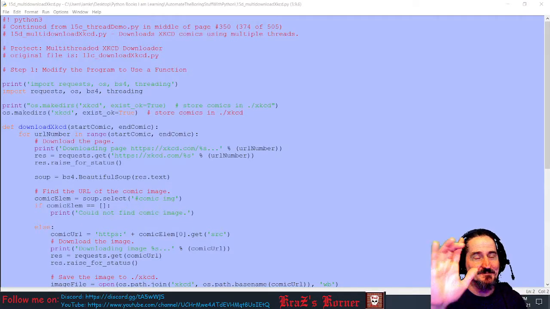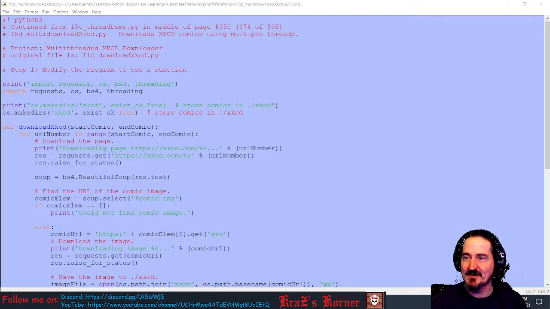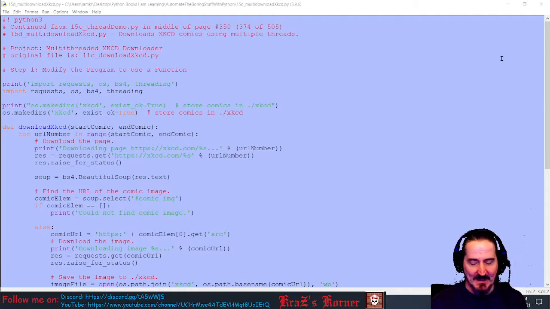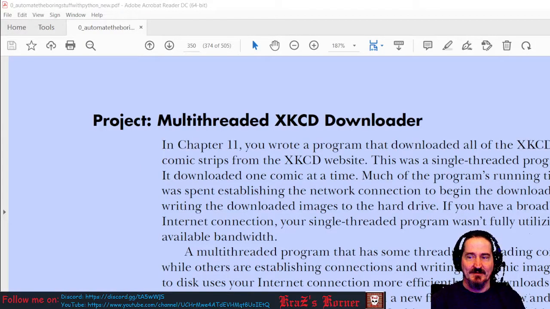Alright, so this is where I'm up to. I'm up to page 350. So I'm going to sneak on over here off screen and type in 350 and switch back over to here. This is one of the projects. It's actually the last project of chapter 15. It's called the multi-threaded XKCD downloader. Okay, so it's basically a website that had cute little